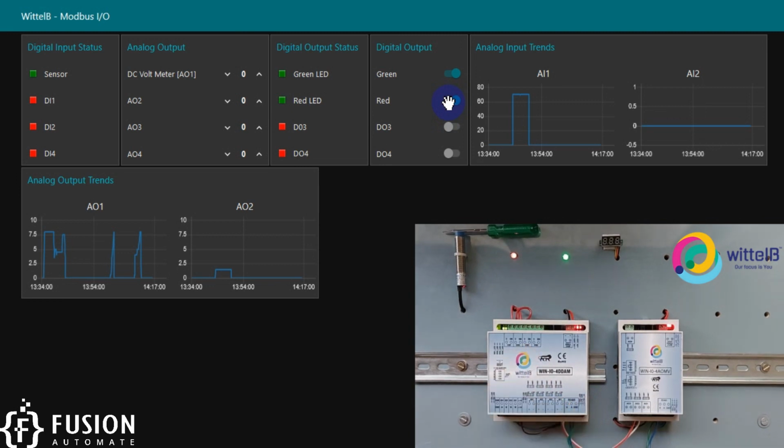Now let's see the analog output channel in action. As I already told you, the AO2 here is connected with the AI1. So if I change the value of AO2, then the value of AI1 should change. If I change to 0.5 volt, you will see some change in the graph. This is the raw value, I didn't map it. You can see the graph is increasing, and here you can also see I am supplying 0.5 voltage. You can see the graph here, it's 0.49, so around 0.5 voltage I have supplied, and here I am getting the value of